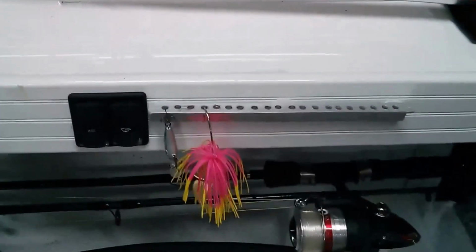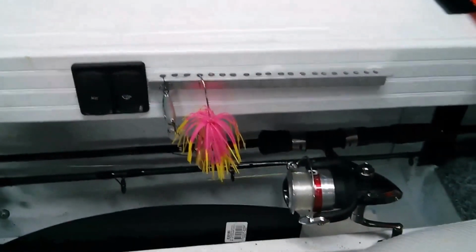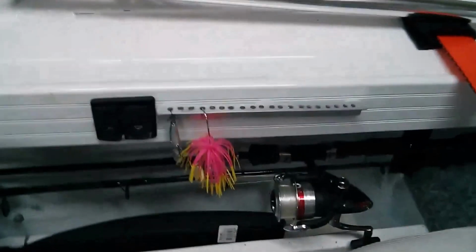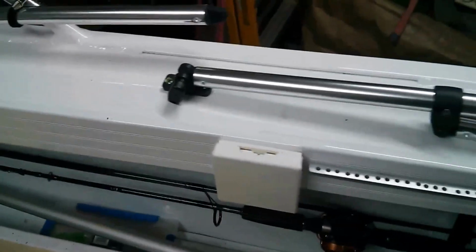I've added a few little things onto this boat just for my convenience. I've made up some little hook holders, so when I'm out on the water I can put a few lures or hooks into there. Don't have to go into my tackle boxes all the time. Put one on that side and another one on that side. Also have cup holders